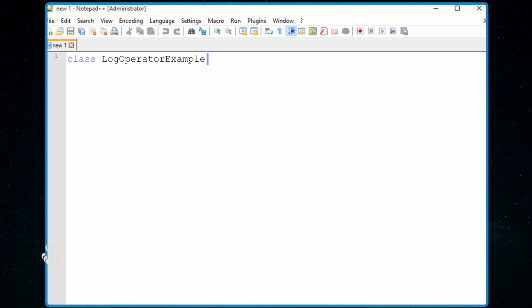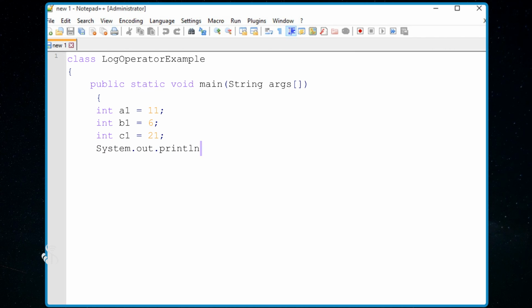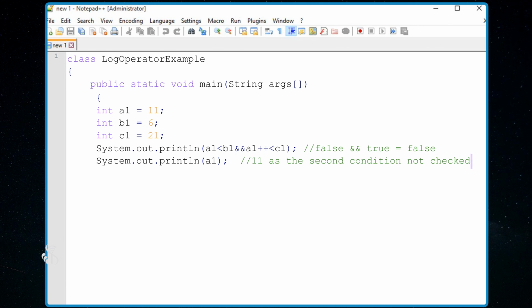Class log operator example, open curly bracket, public static void main, open bracket, string arguments, open close square brackets, close bracket, open curly bracket, integer a1 is equal to 11, semicolon, integer b1 is equal to 6, semicolon, integer c1 is equal to 21, semicolon, system.out.println, open bracket, a1 less than b1 and a1 plus plus less than c1, close bracket, semicolon, double slash, false and true is equal to false, system.out.println, open bracket a1, close bracket, semicolon, double slash 11 as the second condition is not even checked,